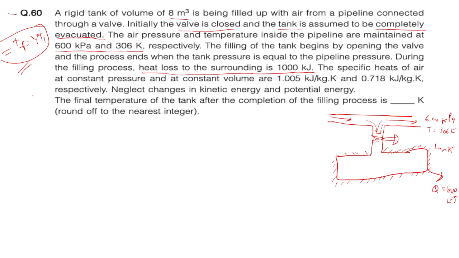So here what we have to do, first I will tell you, just 1 minute. If anyone knows how to proceed, then let me know, otherwise I will proceed. Anyone knows? Yes, sir. We will apply the flow energy equation, not steady flow. That will be delta W net minus delta Q net plus (m2 minus m1) multiplied by (h plus V squared by 2 plus gz) is equal to 0. So what will you get from that equation? From there we will get the temperature.